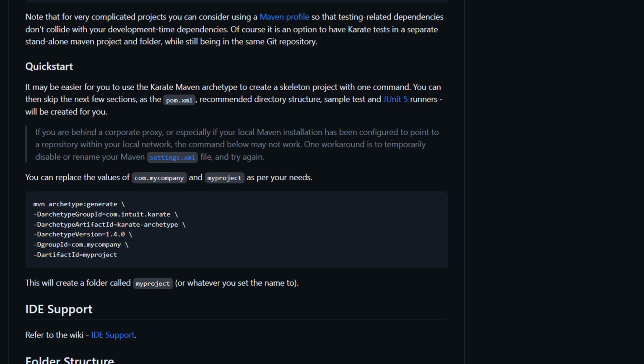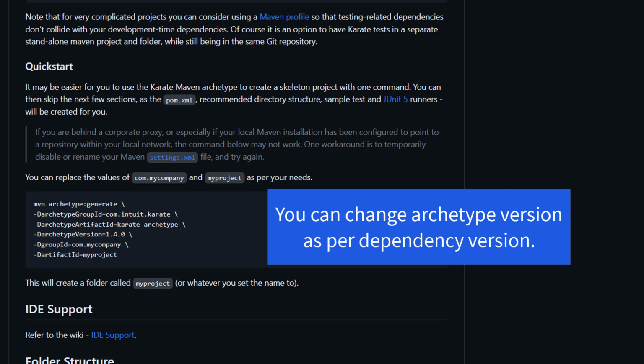If you read the official documentation of Karate framework, it says that we have a way for quick start. If you have Maven installed in your system, then you need to run this command. This command says that we need to generate a project from one archetype, and the group ID of that archetype is com.intuit.karate. Artifact ID is karate-archetype. We have the version 1.4.0, the same version you would have seen in Maven Central repository also.